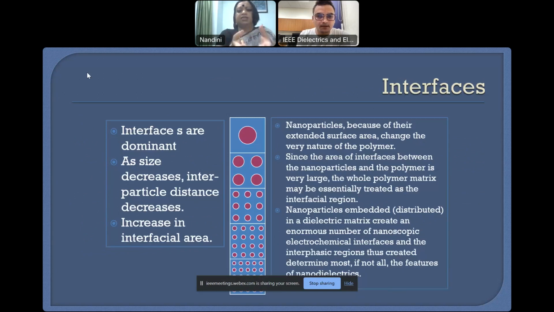Now, if you look at nanodielectrics, what is really very different? We have been incorporating,